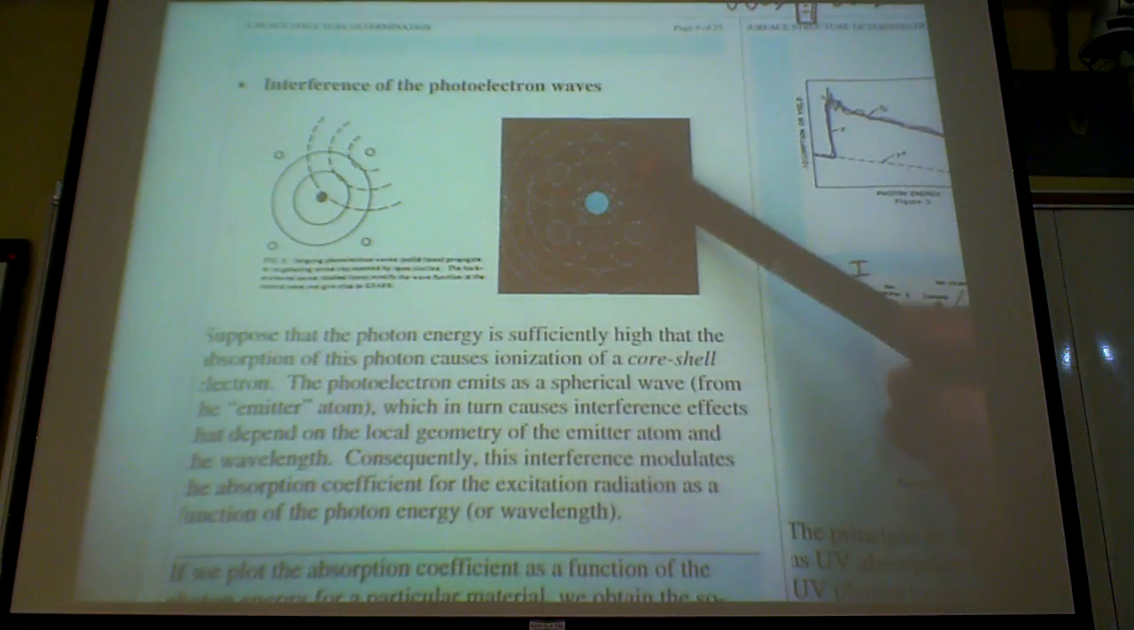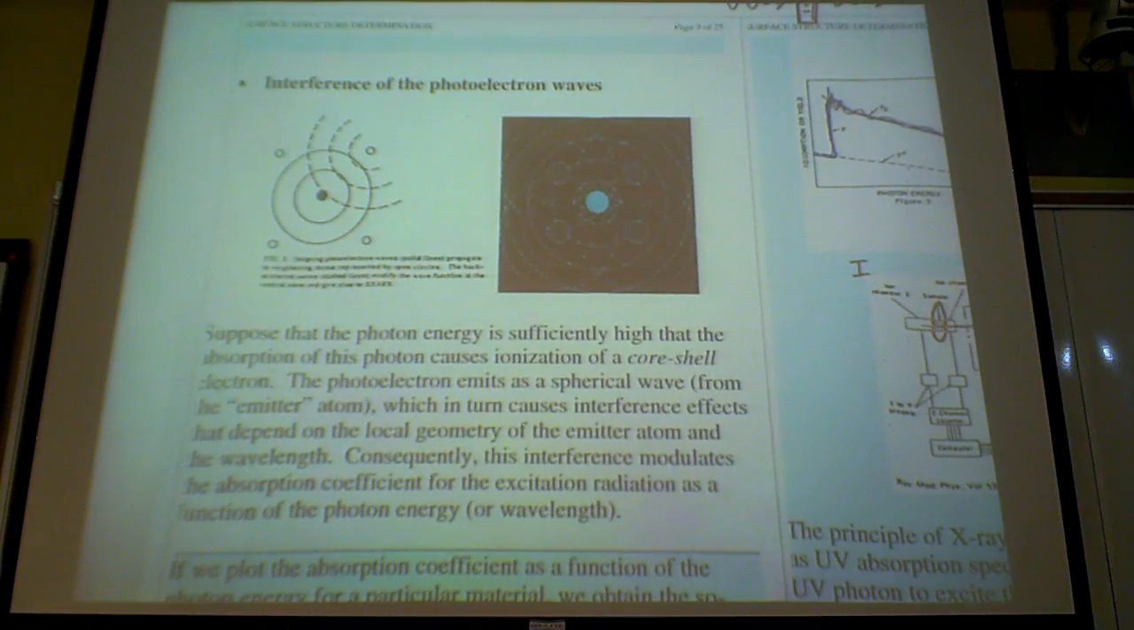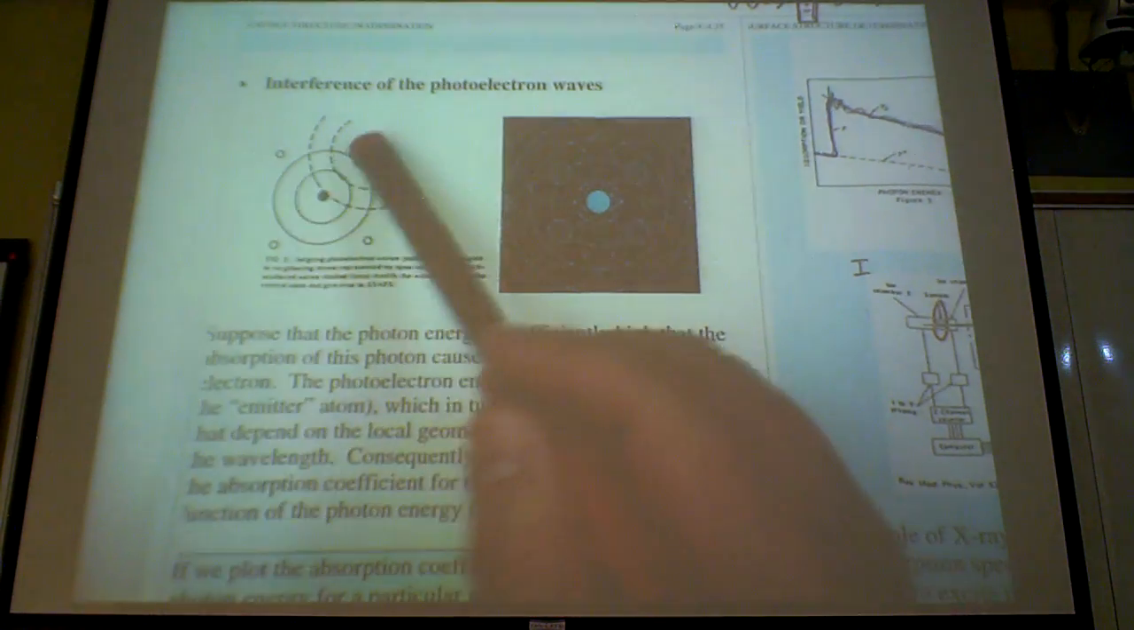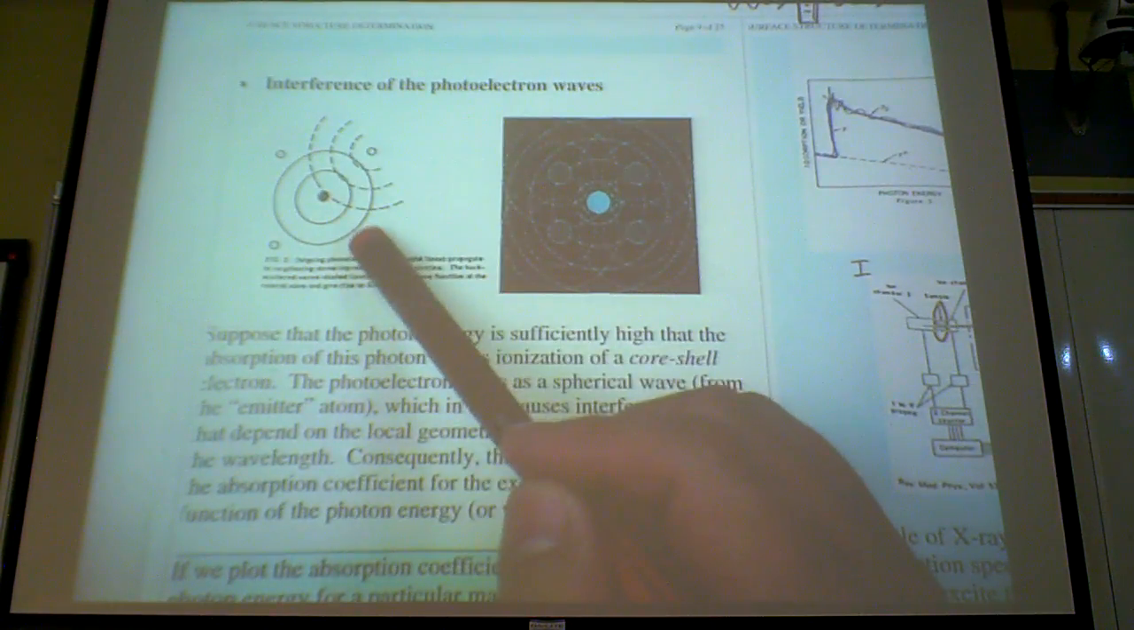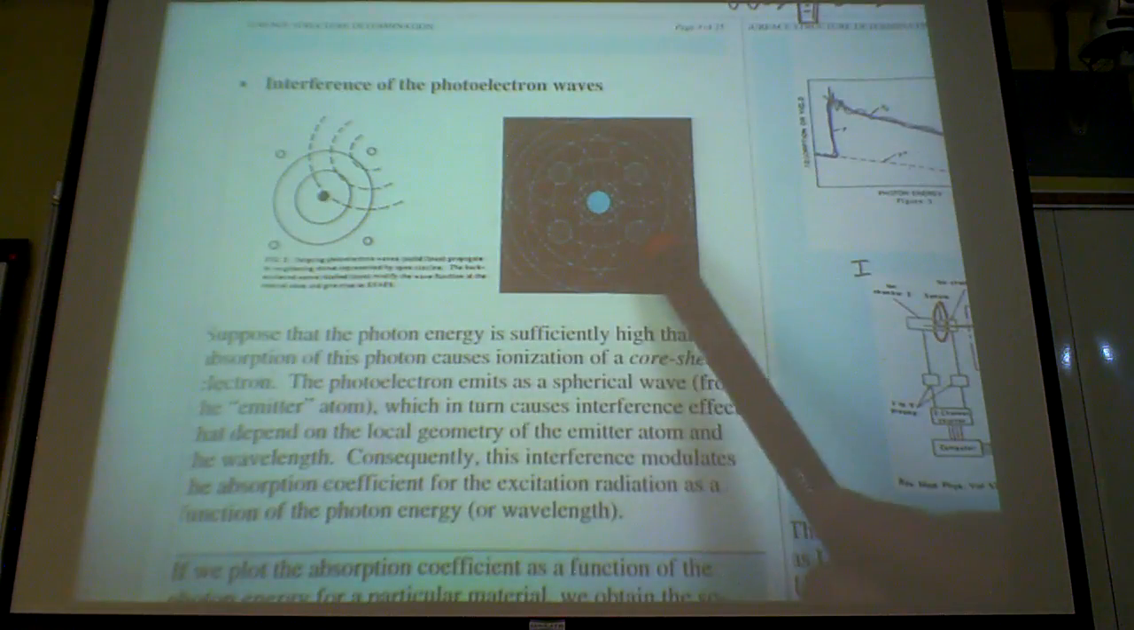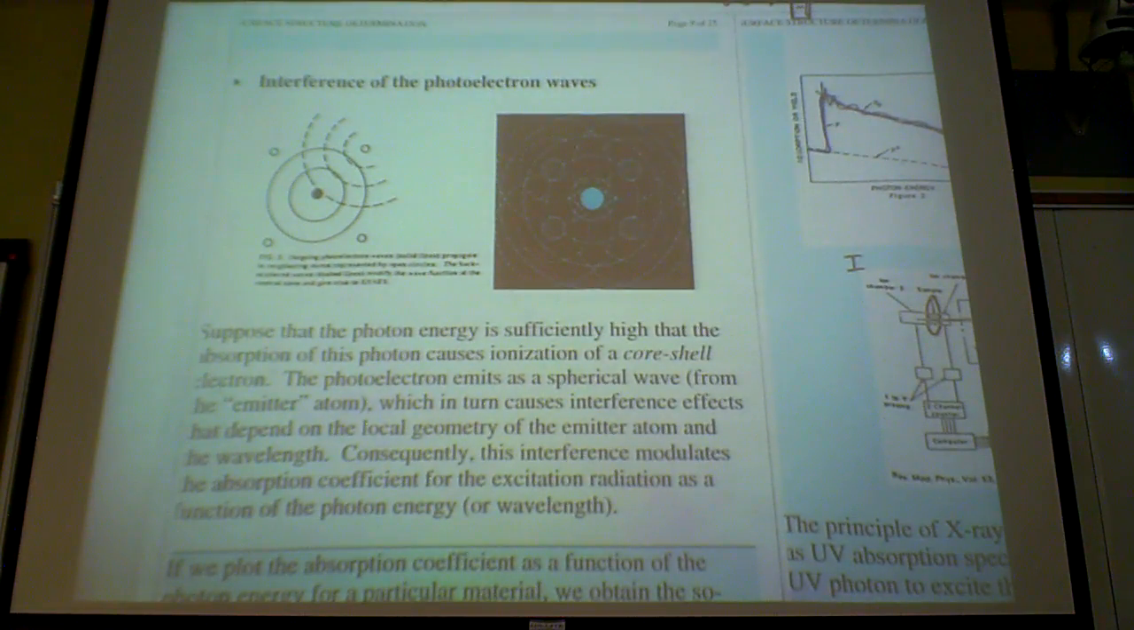Like this, it sets up a bunch of interference effects. So this scatters back a spherical wave from this, and from this, like this. This interference effect actually perturbs the absorption of my photon. Because they are both electronic wave phenomena,